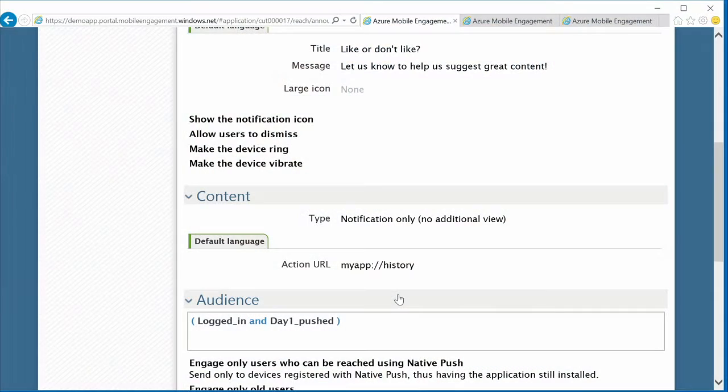And as I showed in the slide, we will let them know the value of liking or not liking specific videos in our app. And for example, the landing page for that particular communication could be looking at their history, the history of the videos they played, so that they can actually like it or not.